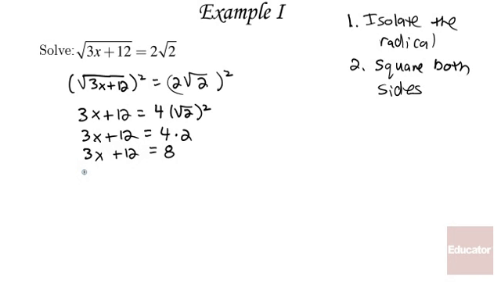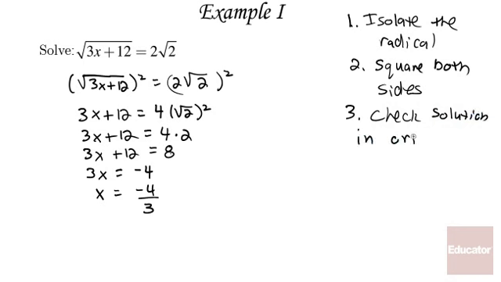Go ahead and subtract 12 from both sides to yield 8 minus 12, or negative 4. Isolate the x by dividing both sides by 3 to get negative 4/3. Third is check the solution